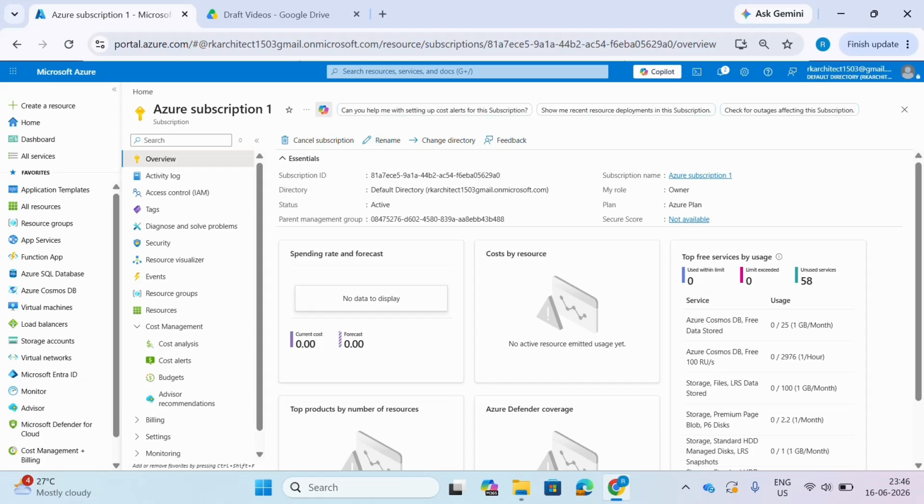Before going to the practical session, we will talk about what an Azure budget is. An Azure budget is a set limit on spending for a specific scope, such as a subscription, resource group, or management group. It allows you to define the monetary amount you do not want to exceed and trigger notifications when the spending reaches a specific percentage of your budget. For example, if it reaches 50 percent, 80 percent or 100 percent, it triggers a notification to the respective